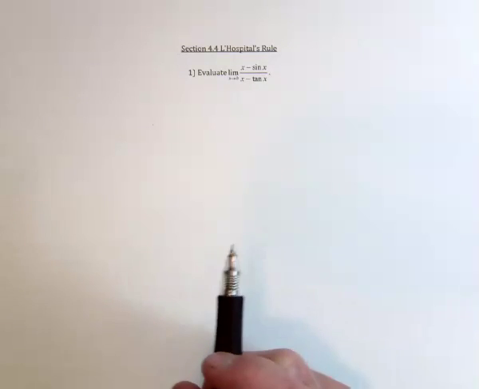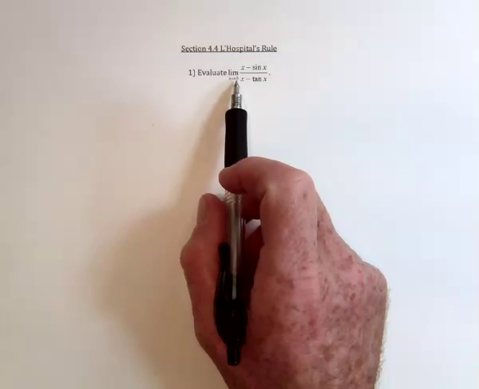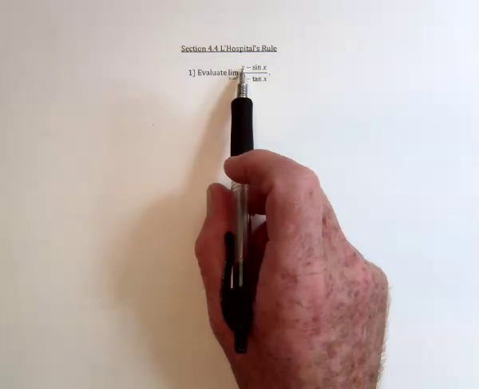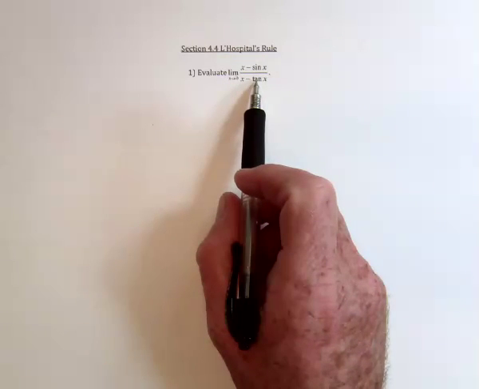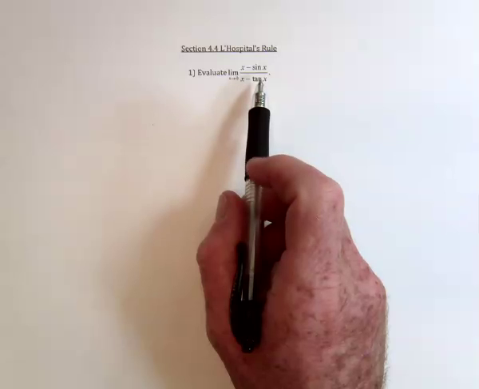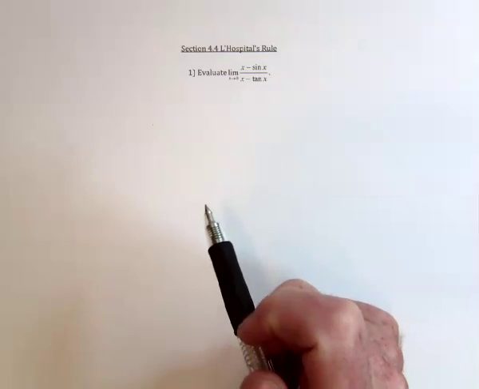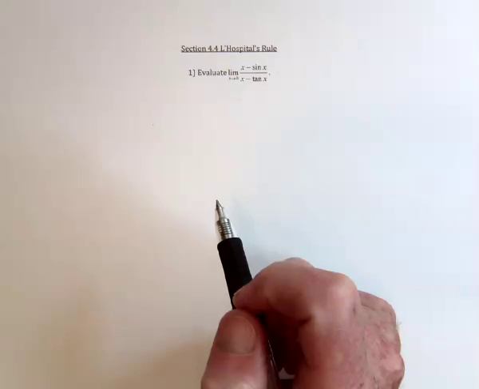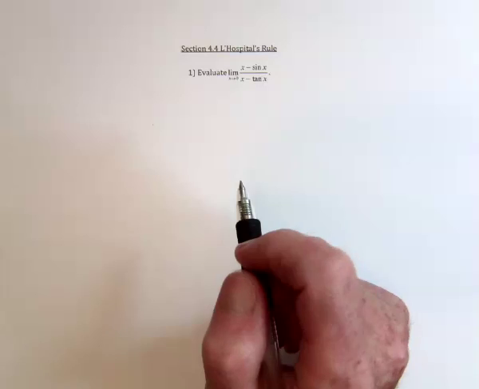So L'Hopital's rule is used for evaluating limits when you have what's called an undetermined form. For example, if we substitute 0 into this, we'll get 0, 0, 0, and 0. So 0 divided by 0 is undefined or undetermined. So if we got 0 divided by 0 or infinity divided by infinity, you can use L'Hopital's rule, which then